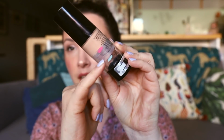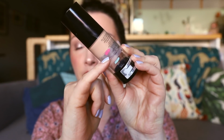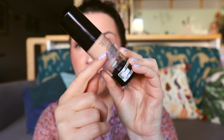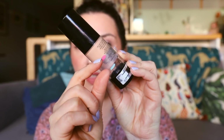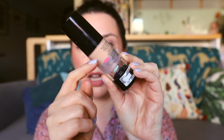I've made heaps and heaps and heaps of progress on my foundation that I introduced just last month. This is the Mecca Max Life Proof Longwear Foundation. As you can see, it was down to here. It does have an airless pump, so as you use it up, there's a little platform that raises, and I mark it where the foundation is sitting. So I've only got this much left, and I used up that much last month. So I probably only have about a month and a half left in here,